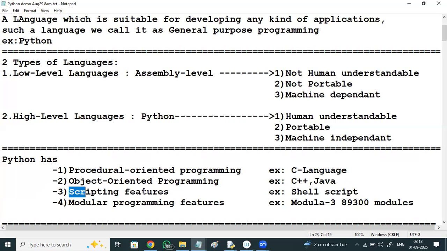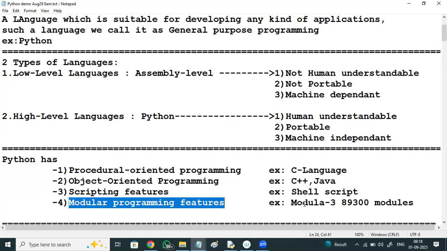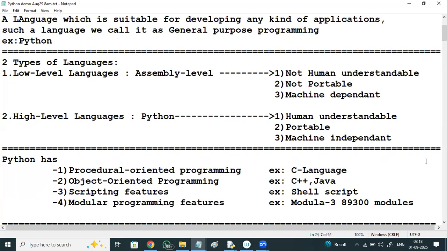Python is one of the best scripting languages, with vast varieties of libraries. In modular programming, it has got thousands of modules for different environments. Python has got modules for each and every environment. For data science, it has got separate modules.